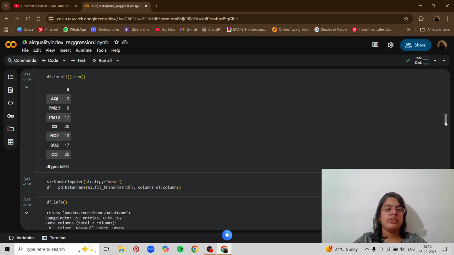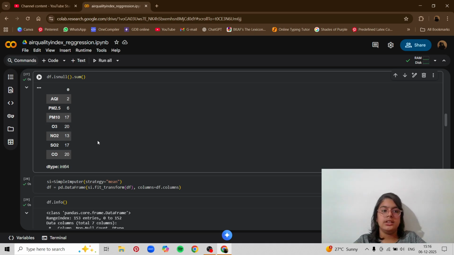Now these PM 2.5, PM10, O3, NO, SO2, CO are all basically the components of air. CO is carbon monoxide, O3 is ozone, and so on. So what we're going to do is find out, if this much oxygen is there and this much carbon dioxide is there, what the air quality index will be. For example, X. So if oxygen is this much and carbon dioxide is this much, then what will be the air quality index? This is basically what we're going to do.